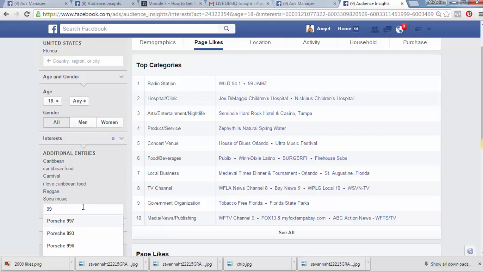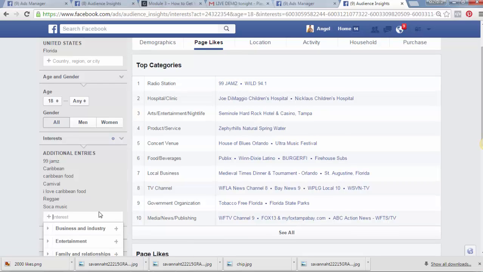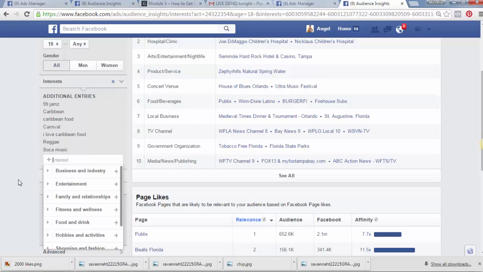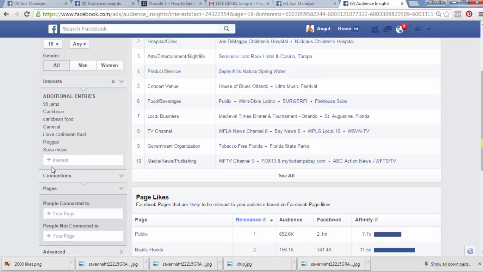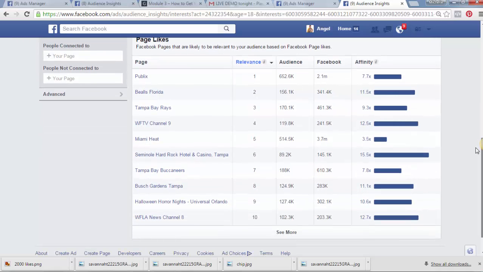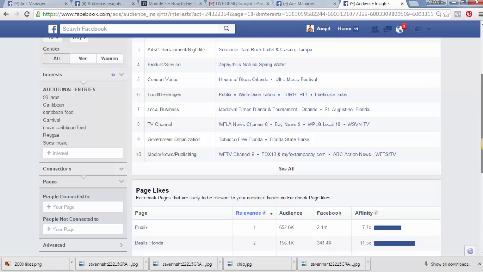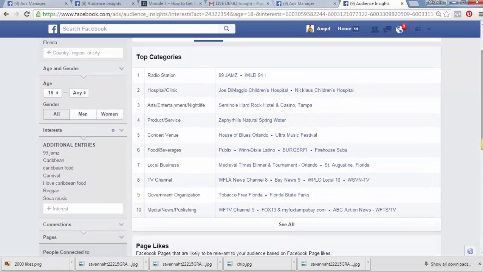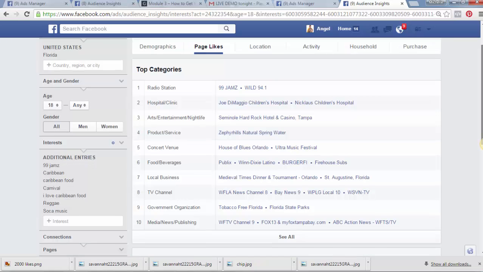So if 99 Jams is a place that plays a lot of the type of music that would be there, I would pull it in, because then you know that you're reaching your audience. Yes, 99 Jams. Then you can look in these lists too to see, does this kind of fit with the people that you're trying to target, and whether or not you think that they're going to be there. So these are just tips to help you to narrow it down to get the right type of people. So then what you'd do is you'd save this,